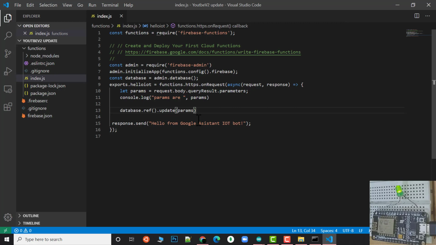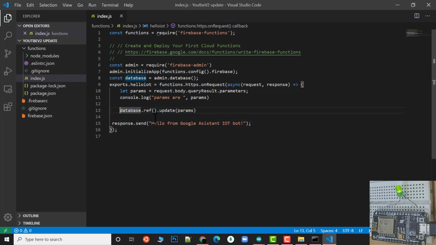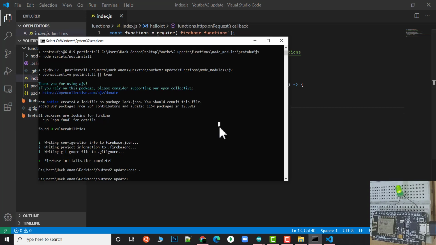So that's it for this function, and currently this function will bug, because when this whole function is called, it won't wait for writing this data, it will directly send the response. That would be a really bad thing, because we need to wait until the data is set. So for that I will add an await over here. In place of this we can also add a callback, like using then, but this is okay, it will work fine, I'm sure. So that's it for this function. Once this whole function is done, we need to check if there is any error or not.